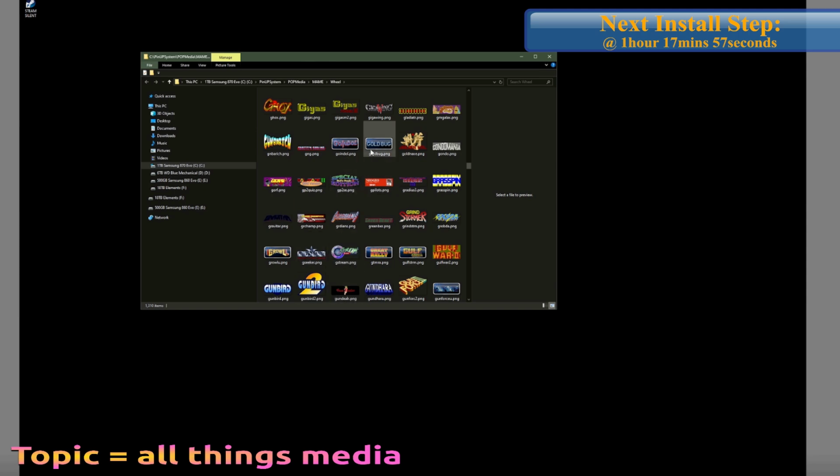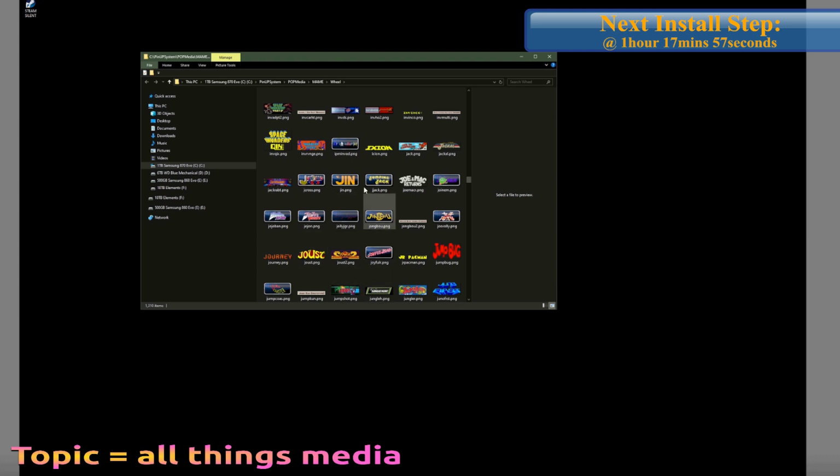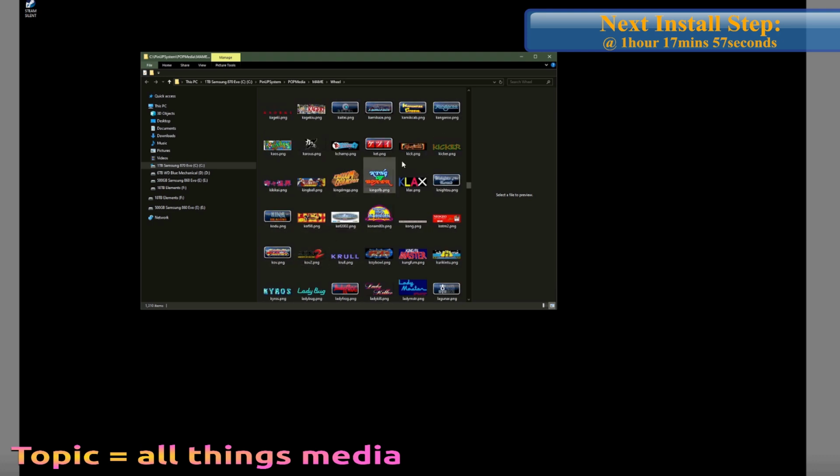If things need deleting and refinding, then I will do so, but I'm not going to aim for making this pack perfect with all clear logos, because it would mean deleting the vast majority of these and importing them one by one, which I'm not in the position to do right now. So